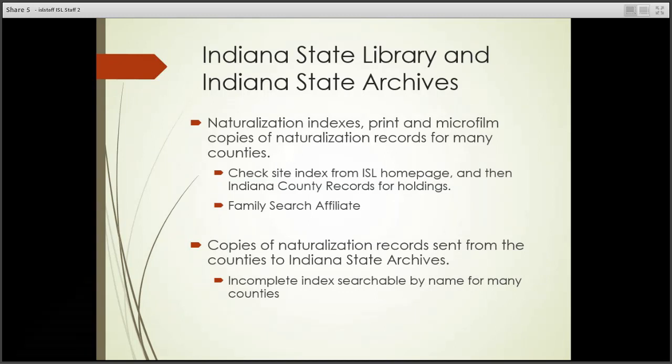Copies of Indiana naturalization records were sent from the counties to the Indiana State Archives. So they have an index, searchable by name for many counties. It's not completely comprehensive because not everyone, of course, was naturalized in the naturalization records. They may have been naturalized in another